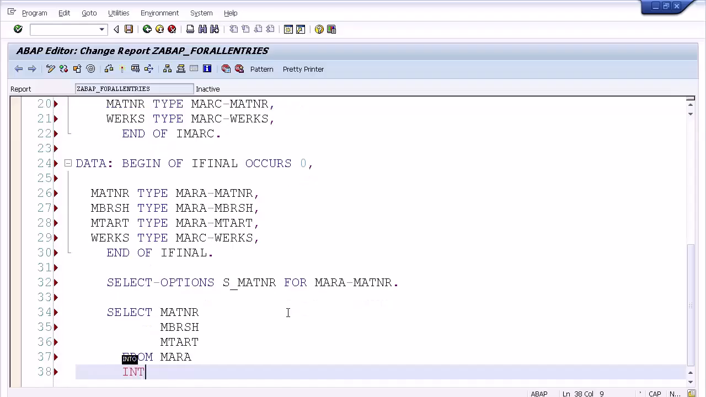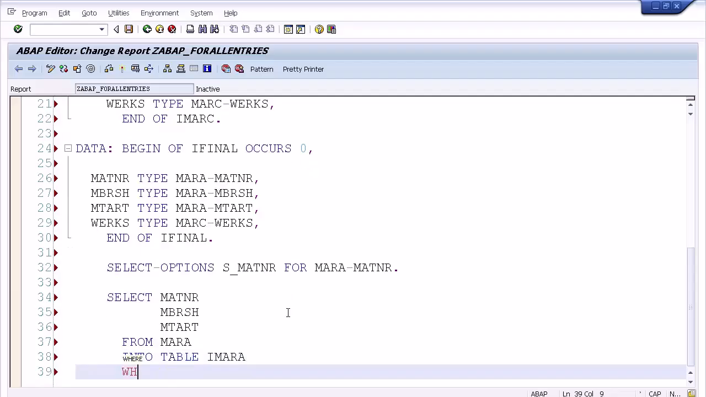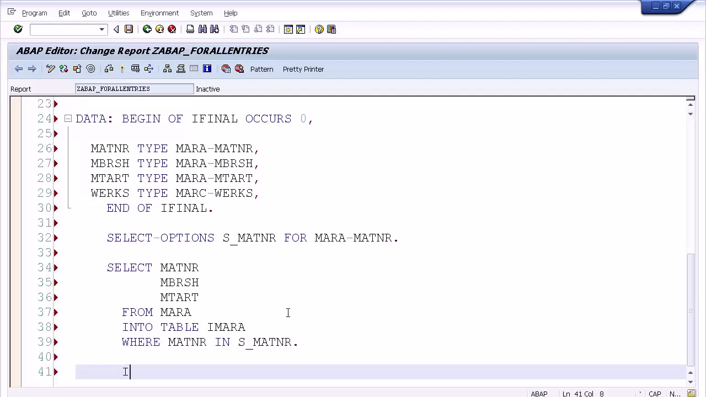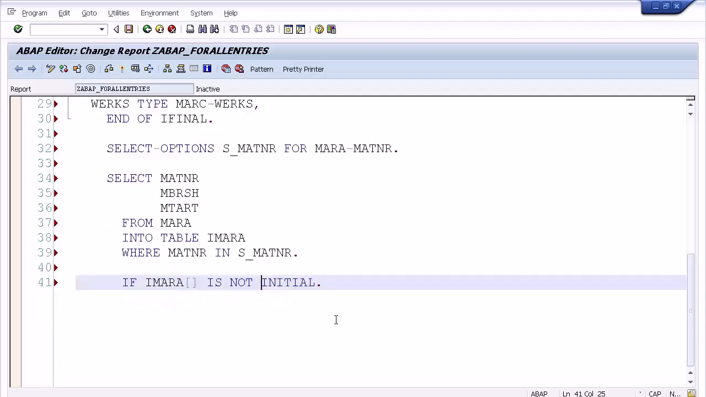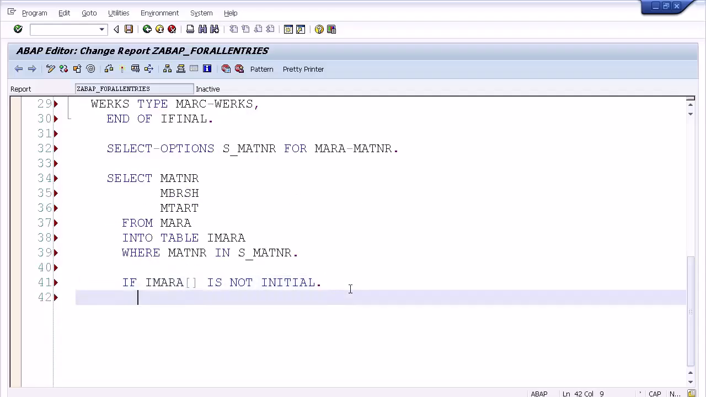Matner MBRSH. Then MTRT here. Right. Here from Mara table into table. Let us say I'm capturing into iMara. So where Matner in S underscore Matner. And before first and select second query, if I underscore MARA, this indicates body of the internal table is initial or not. If iMara is not initial,